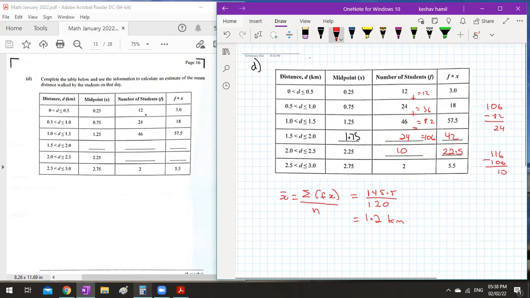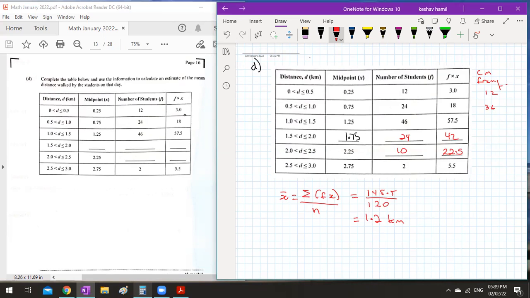Now, honestly, I've never seen questions like this where you have to read that graph before. It's kind of different. It hardly ever comes like this, but still, you have to know what to do. So let me re-explain it again. This table is more or less what you would use to get the cumulative frequency table. Now, cumulative frequency table, right? You would add the frequency coming down. So the cumulative frequency, first start to be 12, you add coming down, this will be 36,